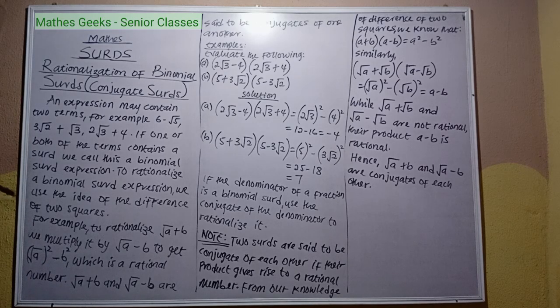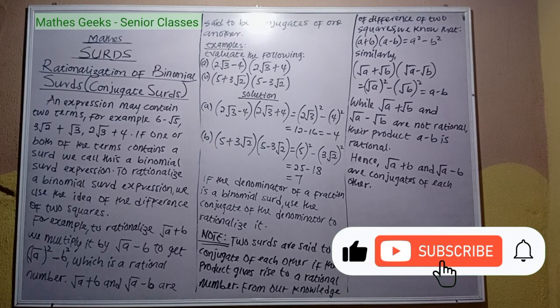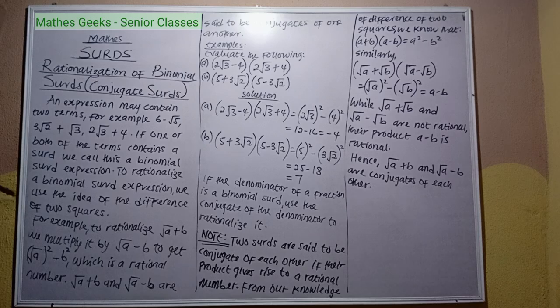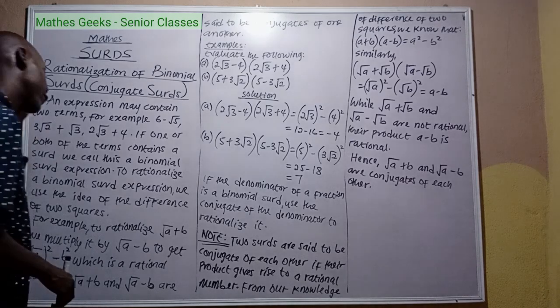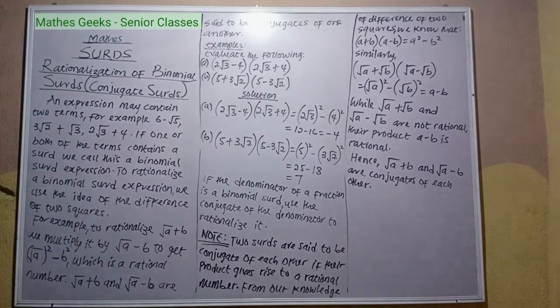For example, to rationalize root a plus b, we multiply by root a minus b to get root a squared minus b squared, which is a rational number. So root a plus b and root a minus b are said to be conjugates of one another. So now the idea of conjugate surds is